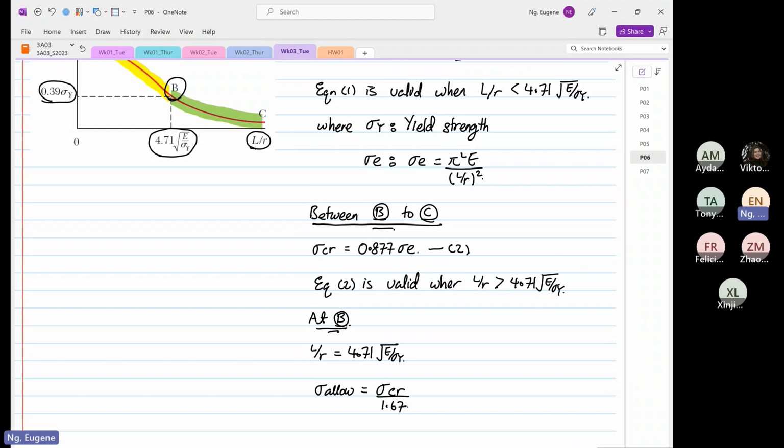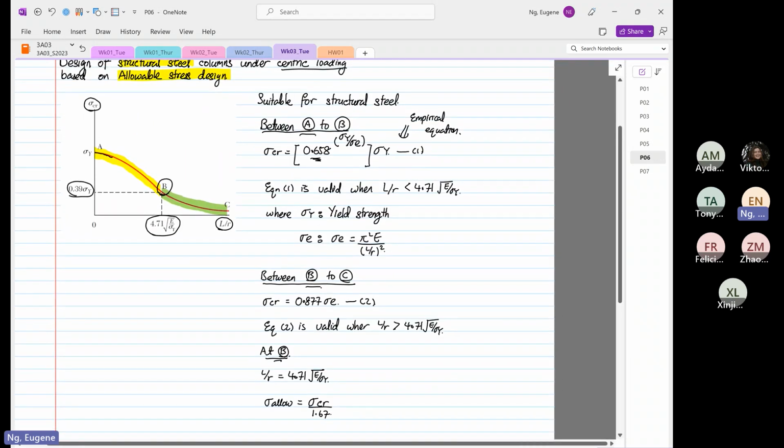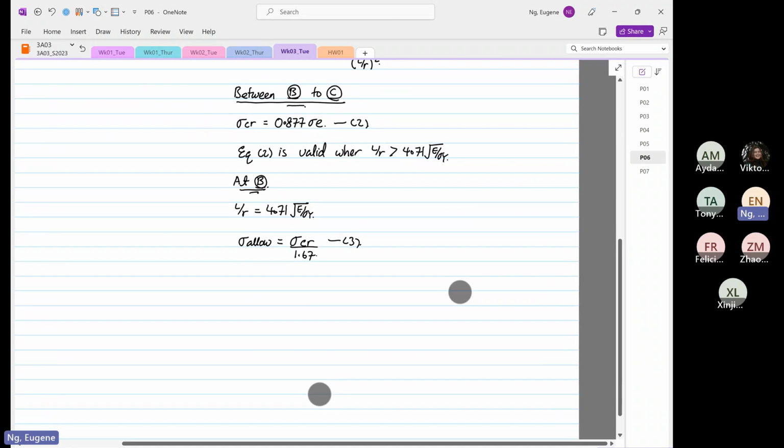We're going to apply all these conditions to solve another problem. As I said, this is only valid for structural steel. There are rules like this also for aluminum, but the equations are different. There are also rules for wood. I'm going to call this equation number 3, so equations 1 to 3